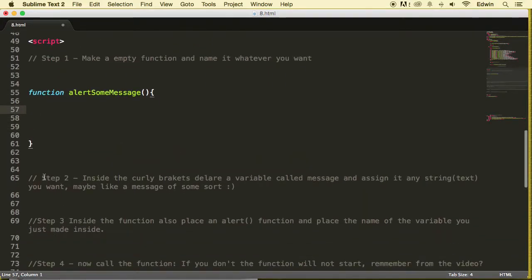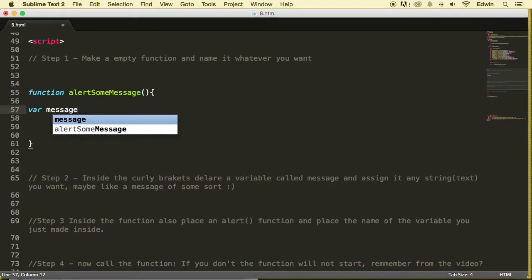Let's go follow the step 2. Inside the curly brackets, declare a variable called message. All right, so I'm gonna declare the variable like this, message, and then saying to assign it any string I want. So I'm gonna assign it with this, with assignment operator. Some quotes, I can put single quotes in here too. Doesn't matter, I like double quotes. Semicolon, close it, and then say,